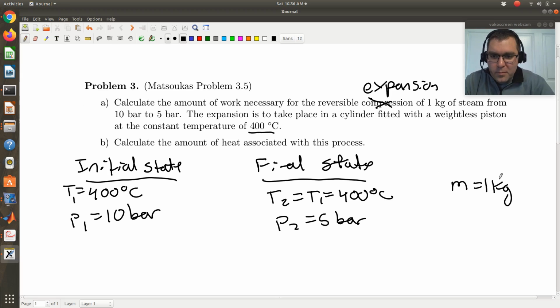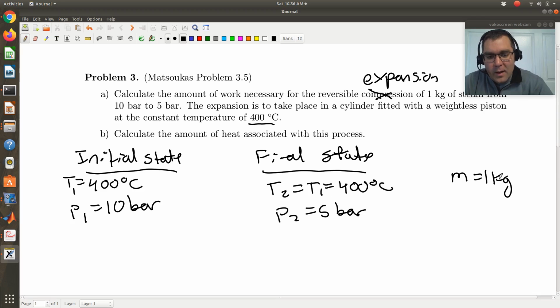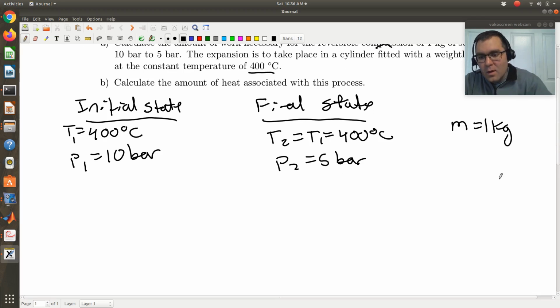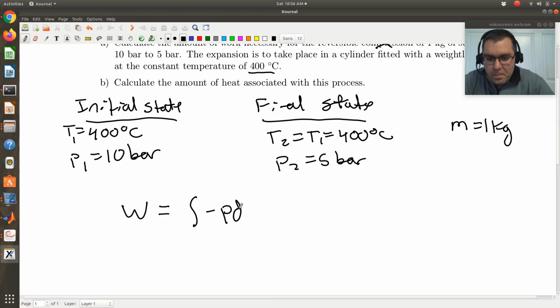All right, so the first part, we're asked to calculate the work. We're told that we're reversibly expanding our gas. So if I need to calculate the reversible work, we're not told anything about shaft work, so we'll just assume that all the work is reversible PV boundary work. Then that's going to be the integral of negative PdV, where I'm going to have some initial state 1,